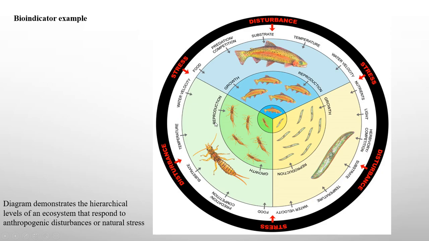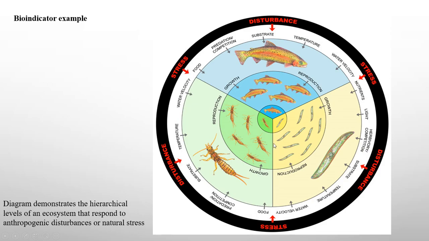These disturbances can be anything like disturbance in the energy resources, for example food or light, then biotic interactions such as competition, predation, herbivory, etc., and finally the physical, like the water velocity, or the substrate upon which the organism attaches, is used for refuge or lays eggs, etc. So when these habitat conditions of these species of organisms are disturbed, those disturbances result